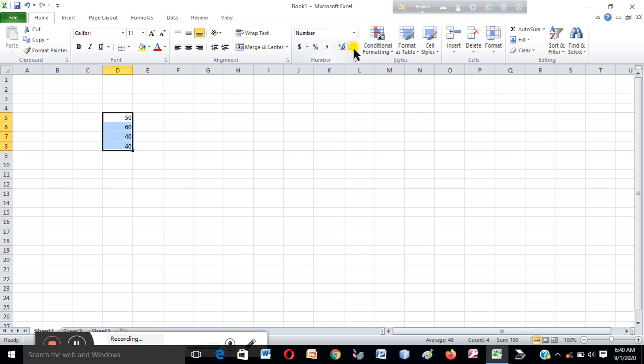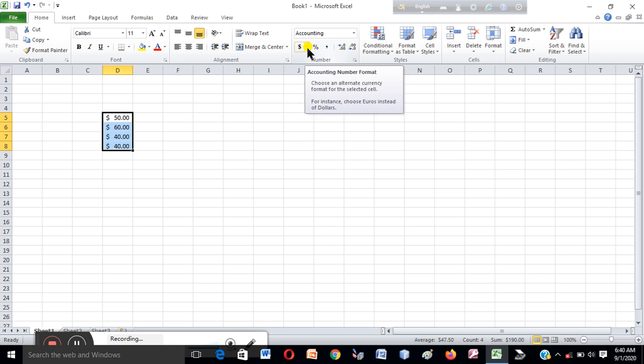Second point, that is Currency. Currency means this displays cell data as currency with a currency sign. Suppose this is a dollar sign. So here you can see, look, this is the dollar sign. That means we can format it.